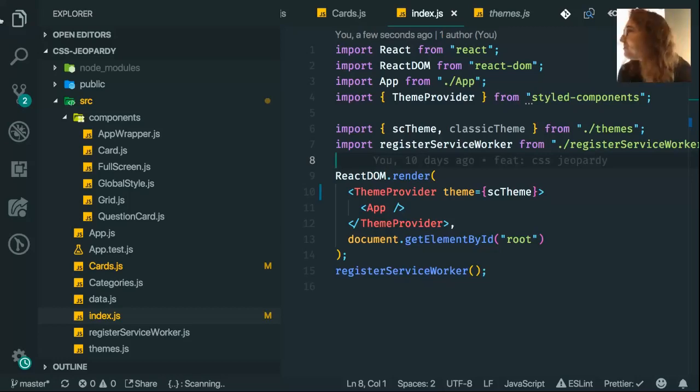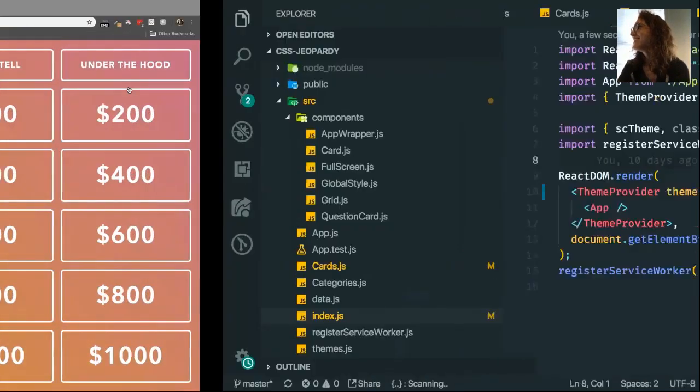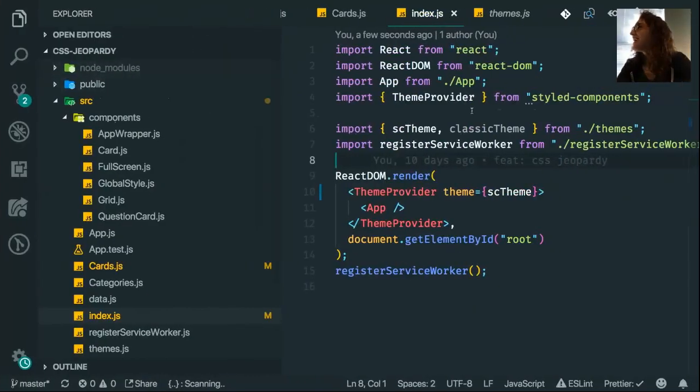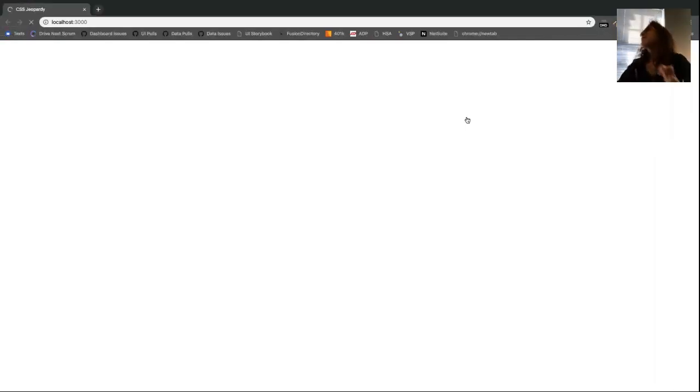So I thought maybe it'd be fun to see where we're at with our CSS knowledge. This is like a CSS quiz. I don't know if this is the direction, we'll see. Okay, so